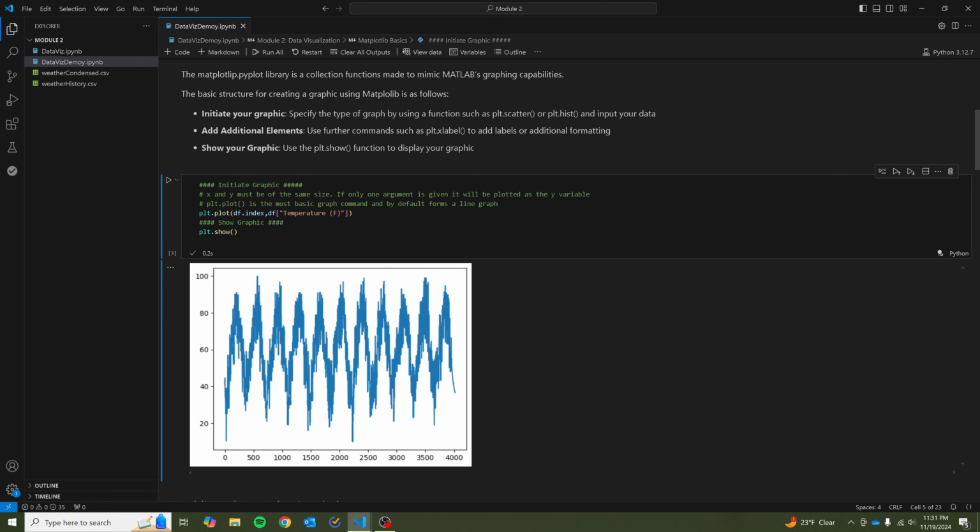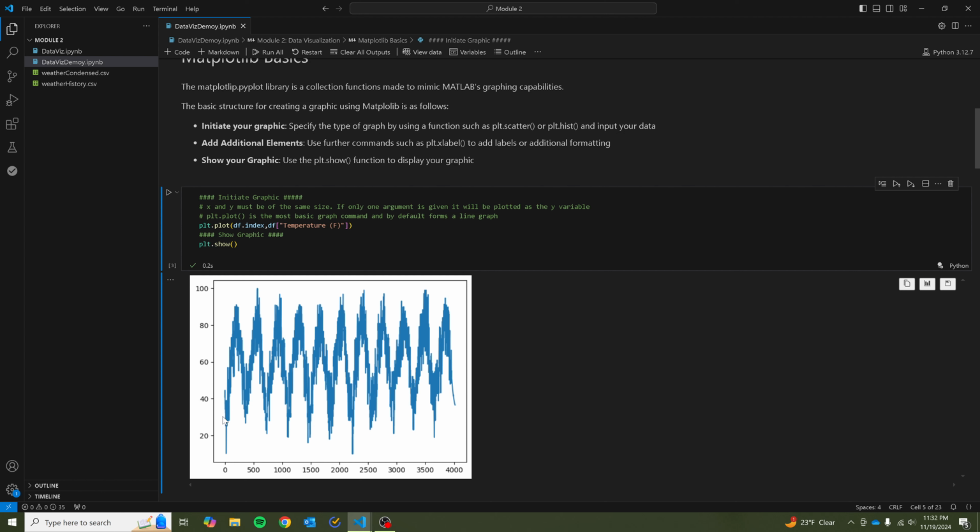So that right there is probably the very simplest plot you can make. So we see along our x-axis, we have those integer values that came from our index. And then along the y-axis, these are the temperature values. We're plotting over quite a few years here, so you can see how it goes up and down with the